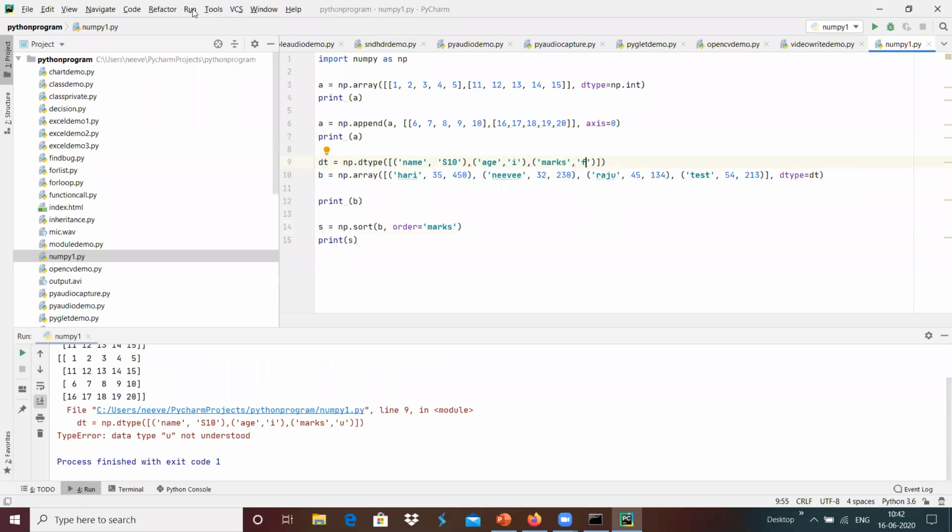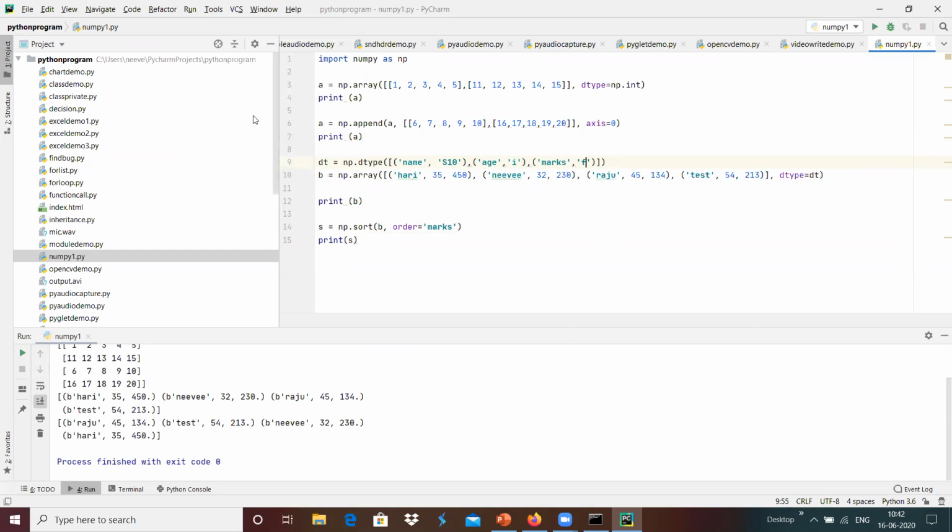It's a floating point. Now we have the floating point, and after sorting that we have 134 as the first one, the smallest value, and 213 is the next one. Like that, it has been sorted based on the marks, basically. Like that we can manipulate it accordingly. For example, we have seen the data analytics with the Excel sheet over here.